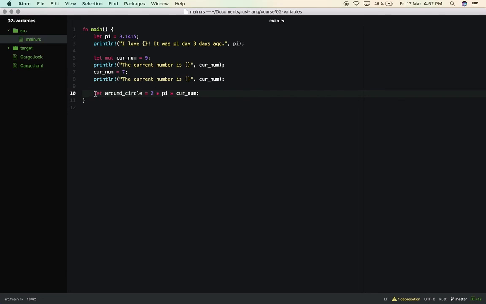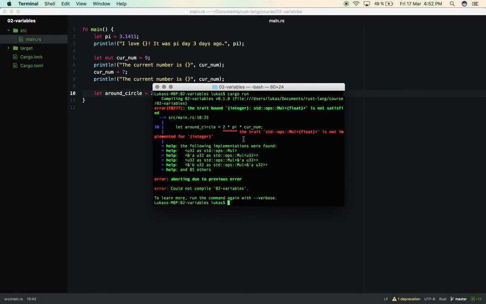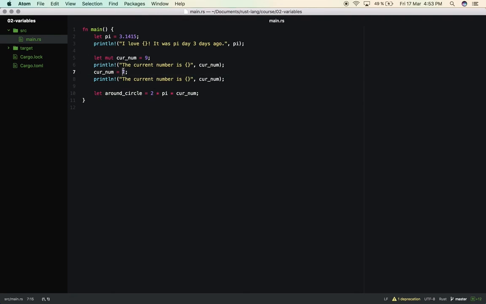Okay, and then we assign it to this variable, and if we run for now, it's going to say, oops, doesn't work. Why not? Because here we have 2 different types, which is number 1 integer, so not with a decimal,